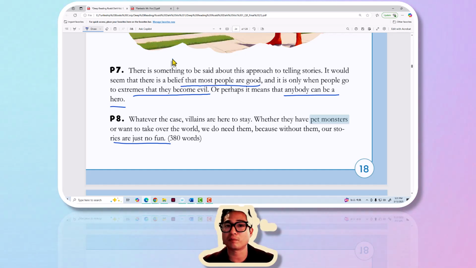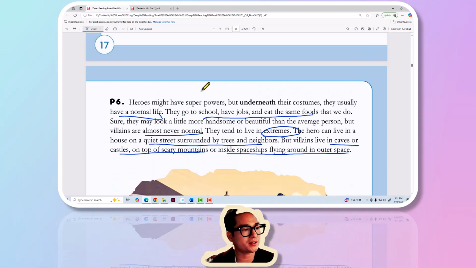What would Fantastic Mr. Fox be without the three farmers? It would just be him hunting chickens and bringing dinner home. Would you want to read 50 or 100 pages of him just eating chicken with his family? Probably not, okay? So, we do need villains. And that is the point of this passage.